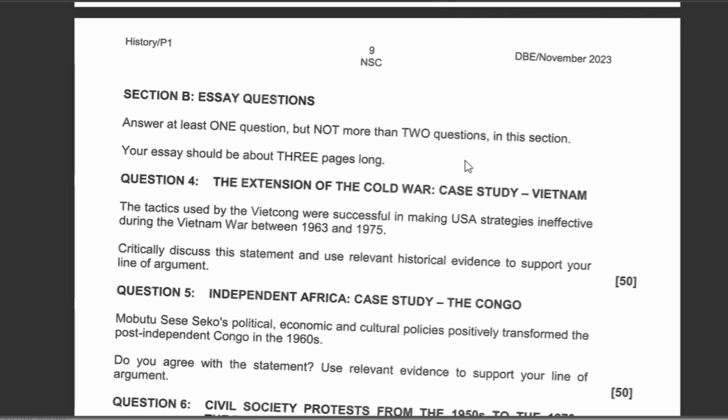Because at the end of the war, it is the US which lost the war. So it meant that whatever strategy the USA tried to use in the war was counteracted by the tactics of the Viet Cong. It was made ineffective, leading to the loss of the USA in the Vietnam War. So I will highlight some particular strategies that the US used in the Vietnam War. I will start with Operation Rolling Thunder. The USA introduced the operation which was codenamed Rolling Thunder in March 1965.